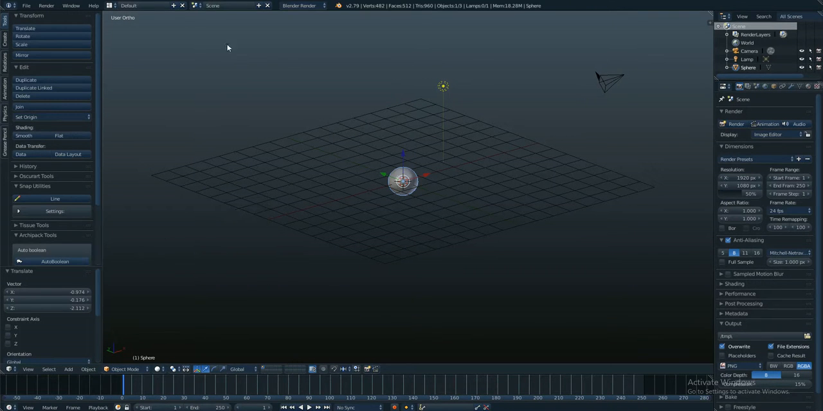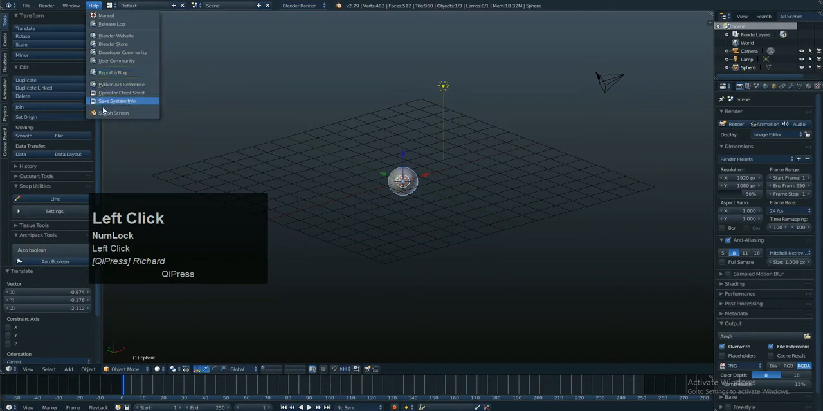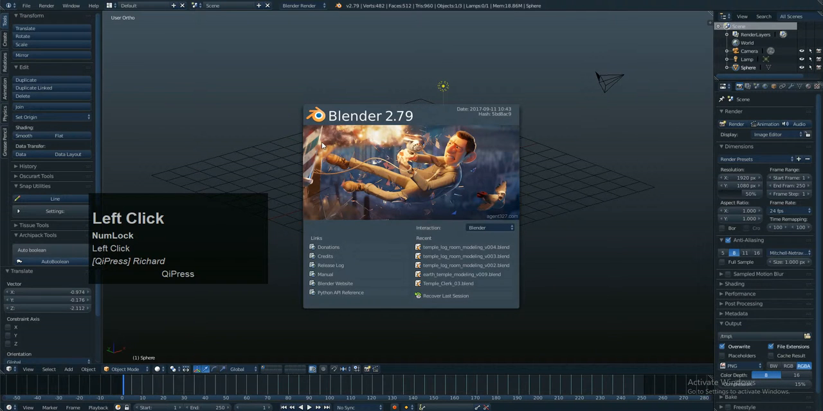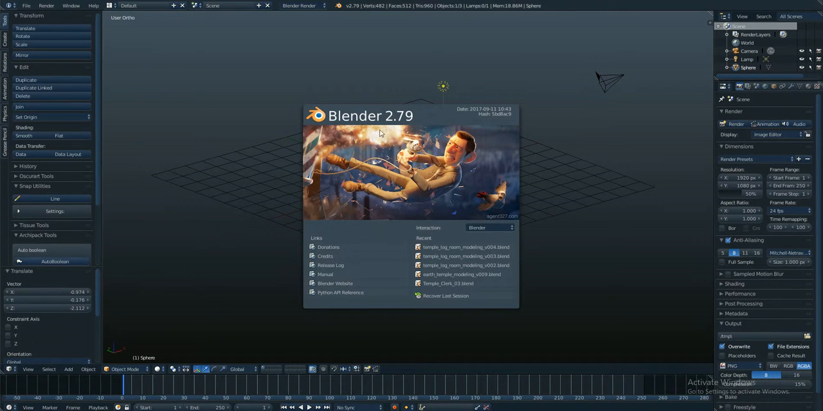Okay, so Blender 2.79 was just recently released, and I downloaded it, so that's what I'm working with right now. I don't think there's going to be too much different in the interface, but I'd just like to also explain that I found in this new version of Blender File,